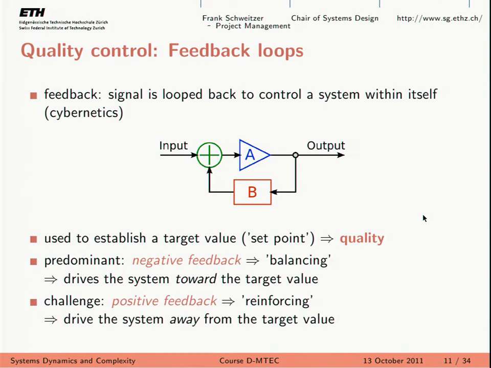Right, if you get too hot, then your body emits sweat. If you get too cold, then blood vessels close and temperature is preserved in your system, which is actually pretty good. Now, positive feedback loops, it's kind of a terminology mix-up, because in reality, negative feedback is good. It's positive in a sense, but positive feedback loops are bad. Positive feedback loops lead to exploding behavior in your system. This explosion can go, you can explode a certain value or you can decrease it to zero, but it's basically driving you away from equilibrium. Okay?